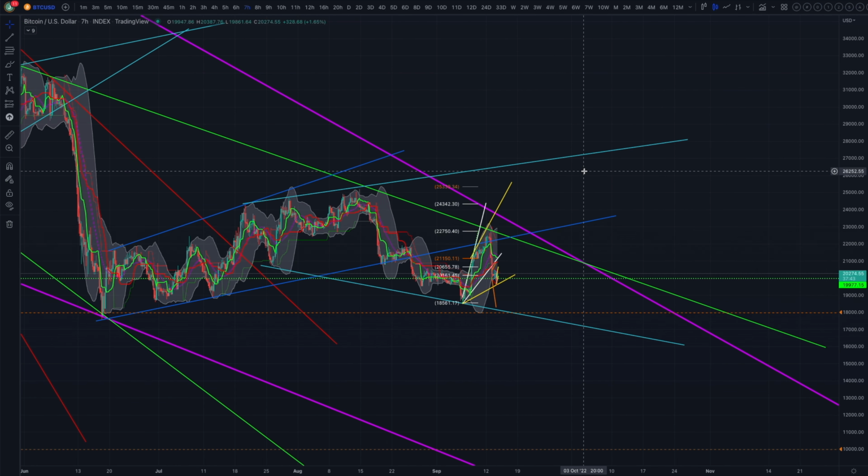I mean, when I deviate from the wedges and I pay more attention to things like the Ichimoku Cloud and the Bollinger Band or the CPI reports or Elon Musk tweet or whatever, I get burned. If I listen to the wedges, even though I really truly think it's going down to the $8,000, $10,000 range for a number of reasons, which are in my prior videos, I could be wrong. The wedges are telling me, at least in the short term, we're heading up to